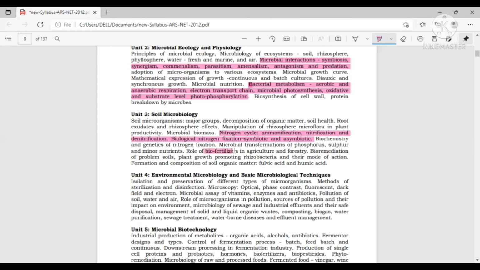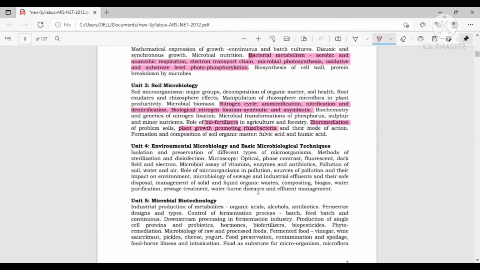Then biofertilizers: different types of biofertilizers, different groups of microorganisms that we can use as biofertilizer, the significance of biofertilizers, some commercially available biofertilizers, their commercial names, their preparation, their formulation. All those things you can study. Similar to that, bioremediation is another concept. Then you give some examples of plant growth promoting rhizobacteria. So you list some microorganisms that are commonly present in the rhizosphere region and act as PGPR, plant growth promoting rhizobacteria. That is also very important in this module.